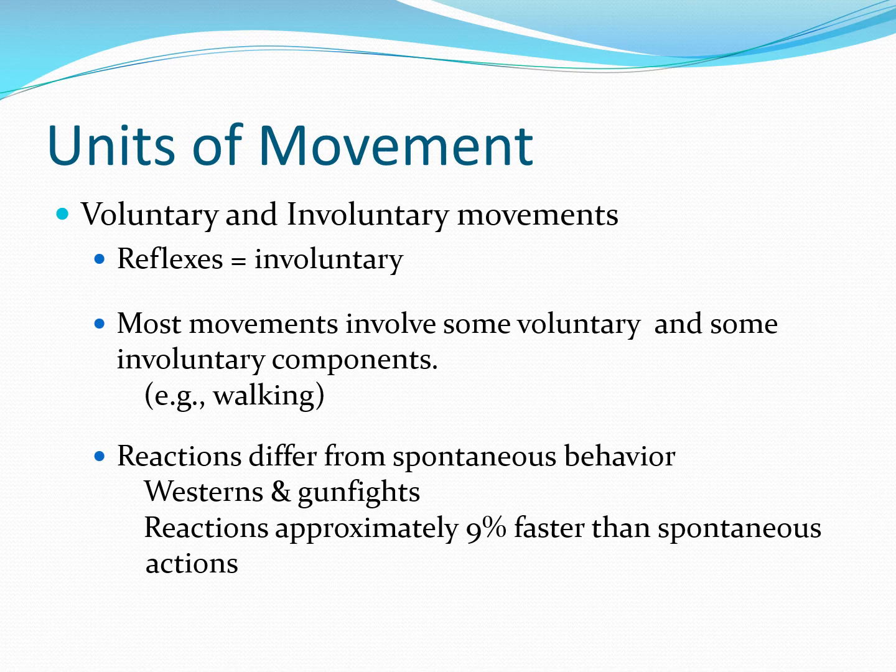He also discusses here reactions versus spontaneous activity, and explains the differences between when we're reacting to something versus having spontaneous behavior, which we'll discuss a little bit again when we talk about Parkinson's disease, as the basal ganglia are really important for this initiation of spontaneous behavior. But he talks here about Westerns and gunfights and how